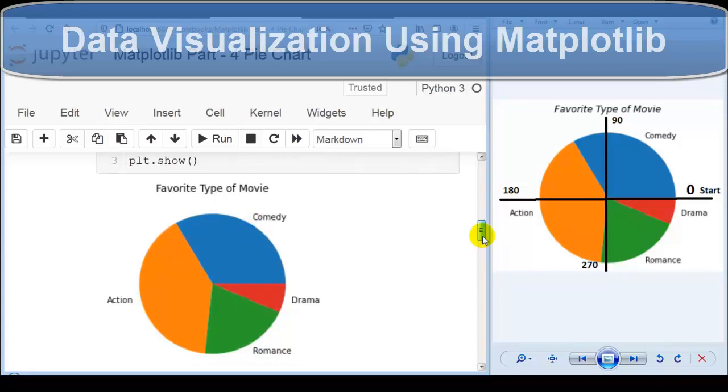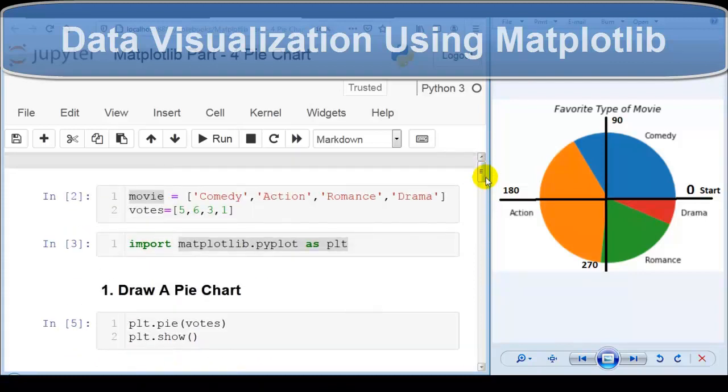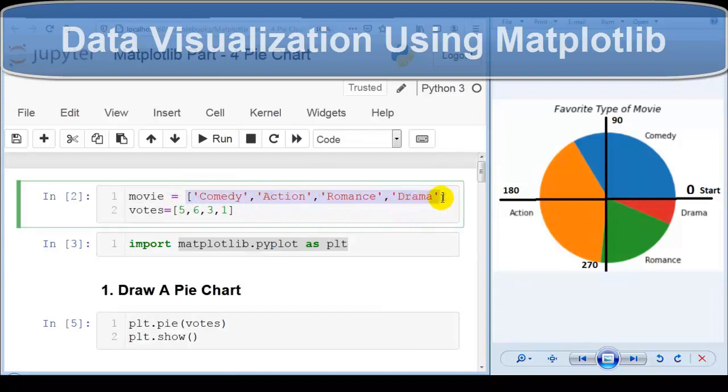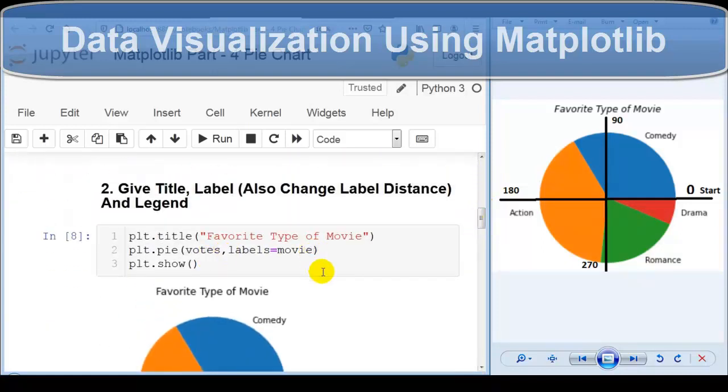Please remember, the labels parameter must be an array with one label for each piece, or we can say for each wedge. In total we have 4 wedges, 1, 2, 3 and 4. That's why our list contains one label for each wedge. This way we can give labels to our pie chart. Now let's give a legend to our pie chart.